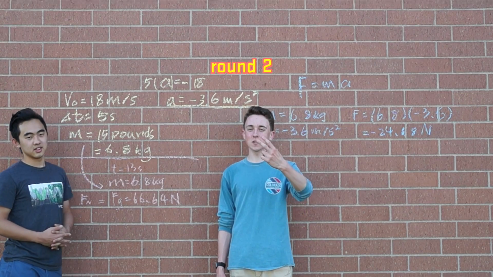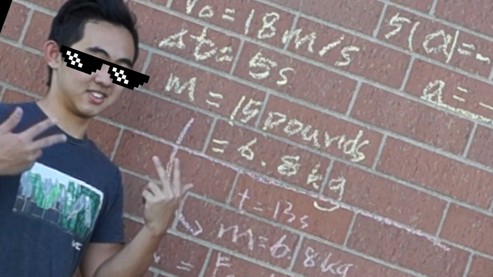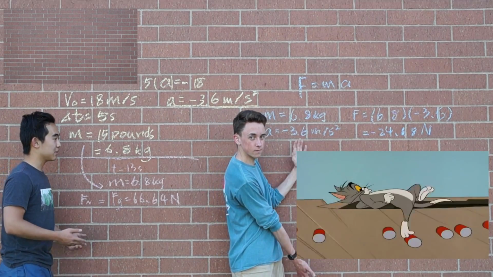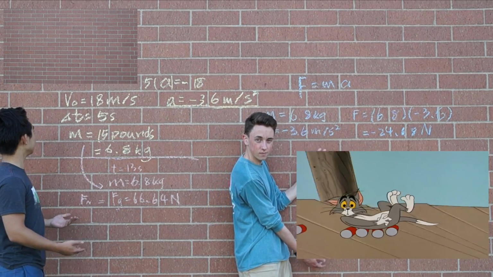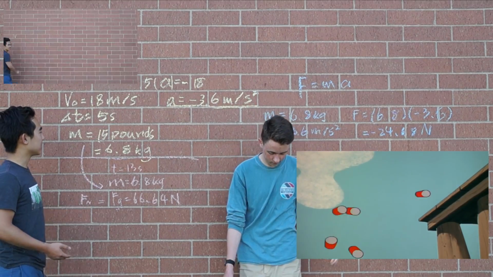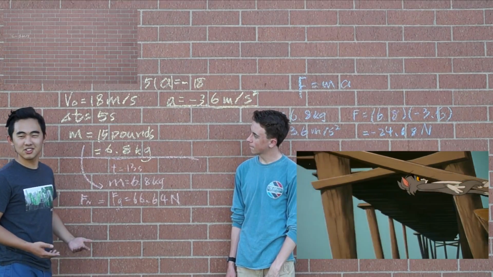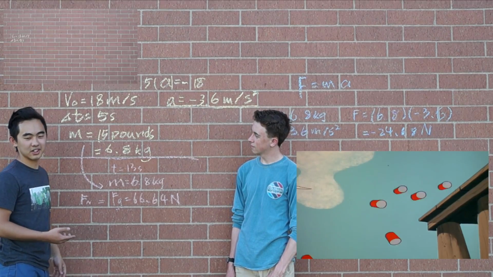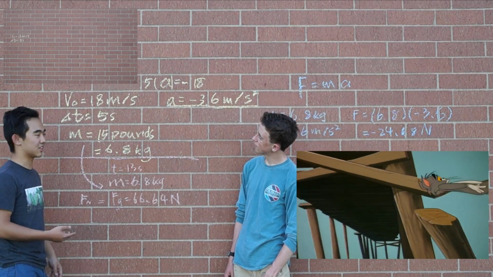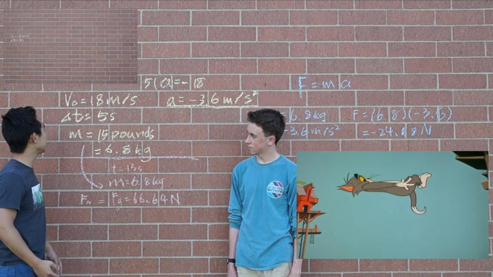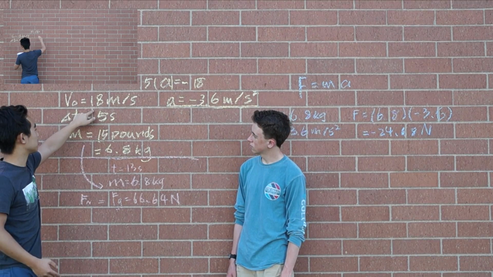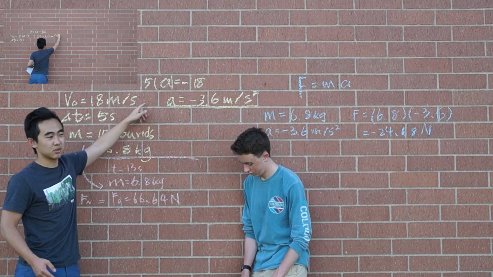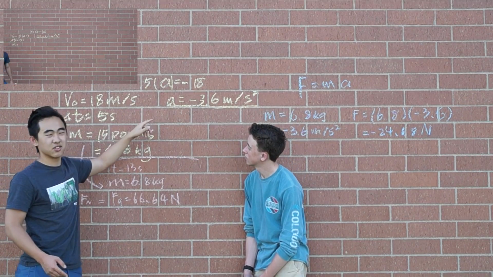So Mr. Howard, back for round 2. Joe did most of this one, so I'll let him talk. In this clip of Tom, where he flies out, he's able to magically stay in the air for 13 seconds, but then we look at it again, and he somehow managed to stop horizontally. We calculated that the time from the dock to when he stopped was 5 seconds, and we estimated that he was traveling at 18 meters per second. Using that, we can calculate the acceleration at which he's slowing down, which is negative 3.6